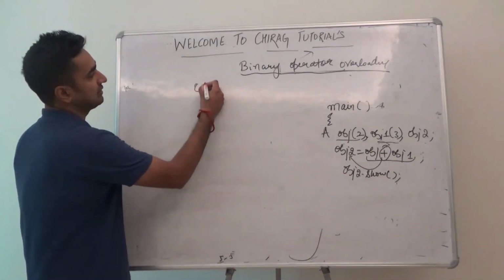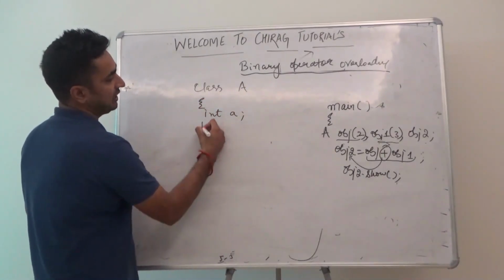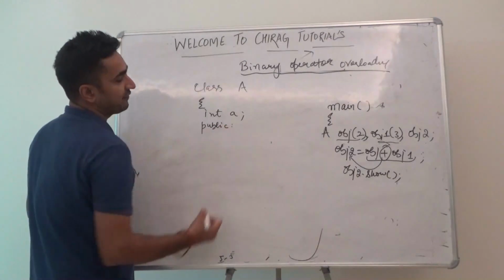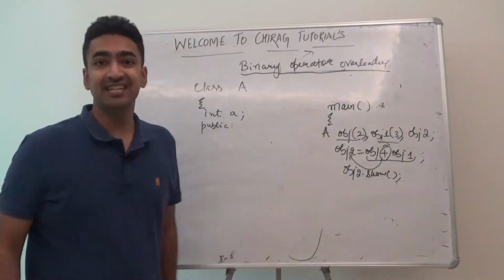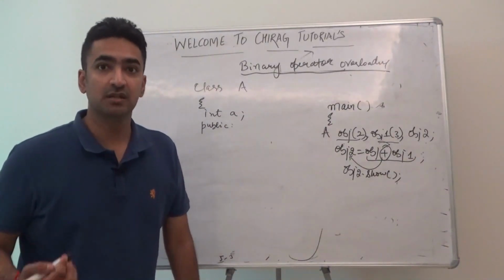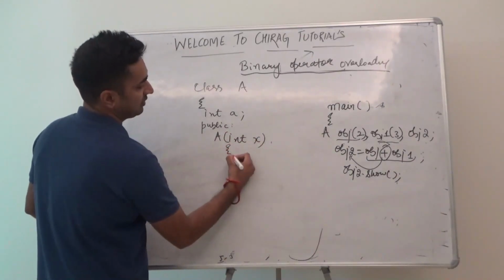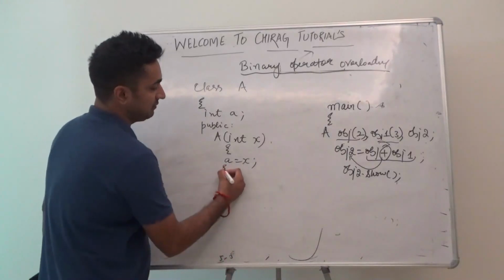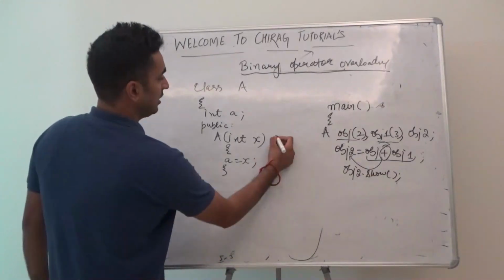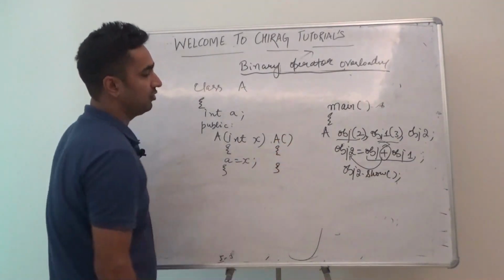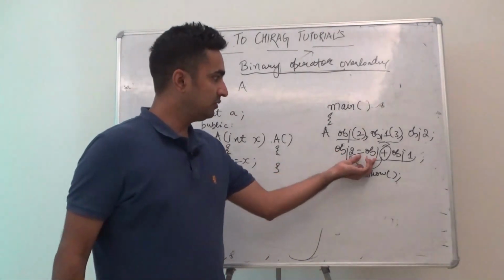So I'll have a class, let's say class is A, we have a data member int a in public. So firstly I have to create some constructors. For obj and obj1, it means an integer type argument is passed. So it means a parameterized constructor A(int x), where a is equal to x. So similarly guys, obj2 is there, so I have to create a default constructor. I'm creating a default constructor even though not putting any arguments in that. Now in this, obj2 is equal to obj plus obj1.